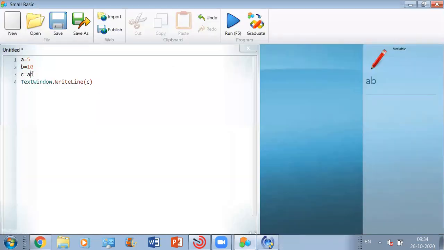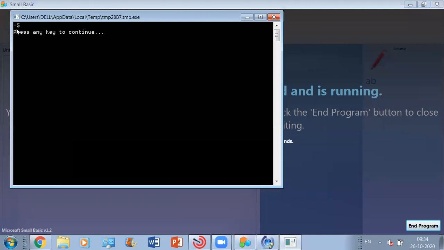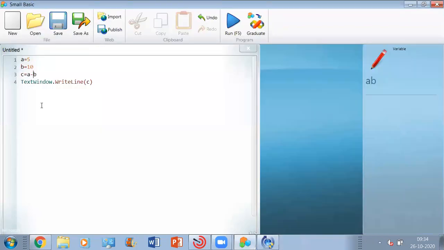Likewise, if you replace it with minus, you can find the difference of two numbers. So these are various kinds of arithmetical operators which we can use for making mathematical calculations on variables and constants in a function in our program.